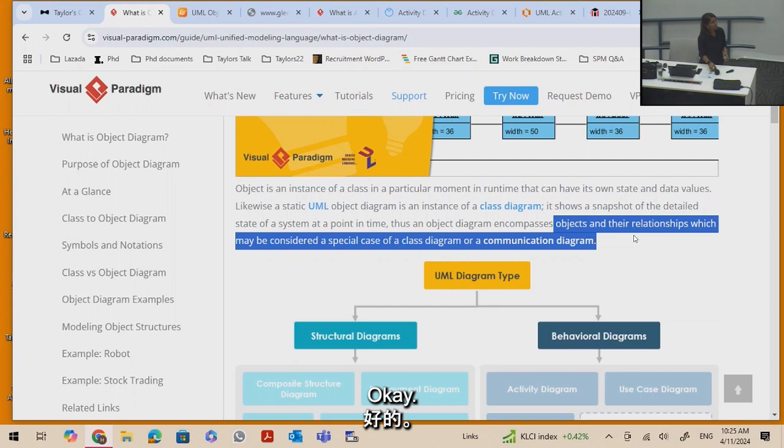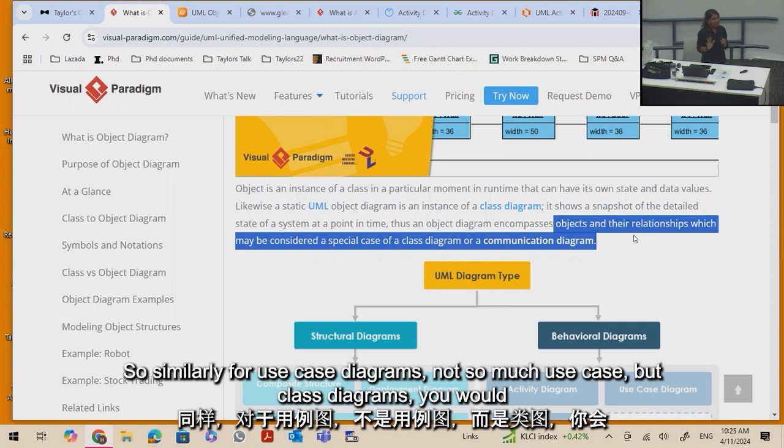Similarly, just raise this up, it's going to give... and stand here, okay? So similarly for